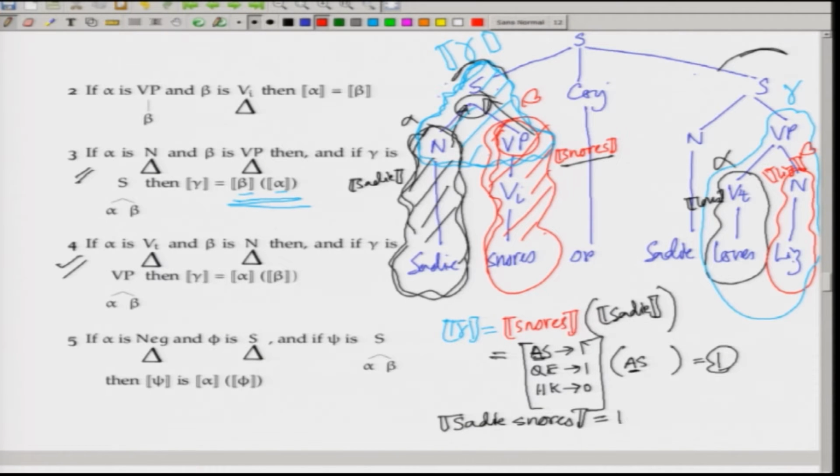Now we don't know the denotation of gamma, what it is. We need to calculate that. According to rule number 4, gamma will be the result of applying, or giving this argument, the denotation of Liz, to the denotation of loves, right. So, according to this rule, then